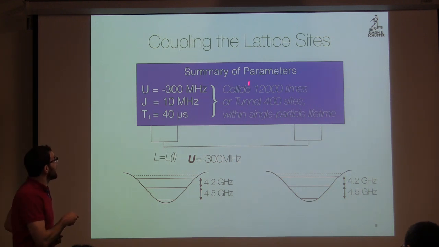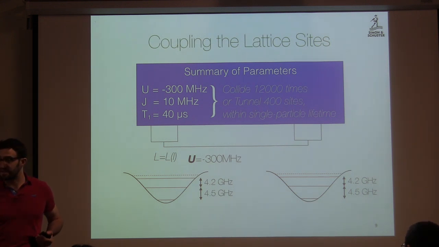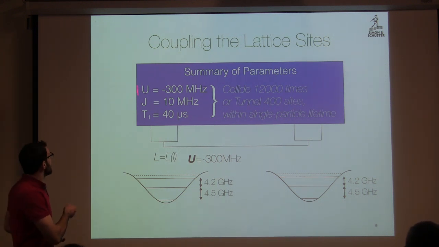Okay? This is a phenomenal number, and in fact, it's as good as what one gets with cold atoms in lattices. Right there, one imagines a lifetime of a few seconds. Maybe we go to a cryogenic limit and can do better. But I think a few seconds is pretty typical, and interaction energies of a few kilohertz give very, very similar numbers. So this disorder thing is a challenge, right? But particularly if you want many-body localized physics, quantum circuits are the way to go. But in any case, these are very, very coherent systems.